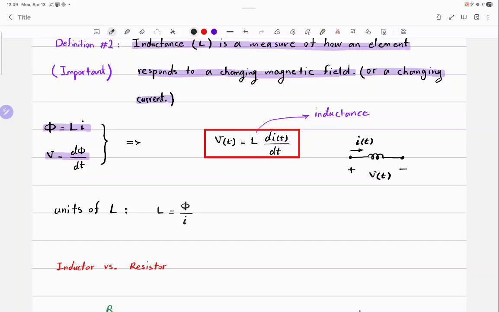From the box equation, what is L equal to? V over di over dt. So I can write it as V dt over di. Do you agree with that? In terms of units,